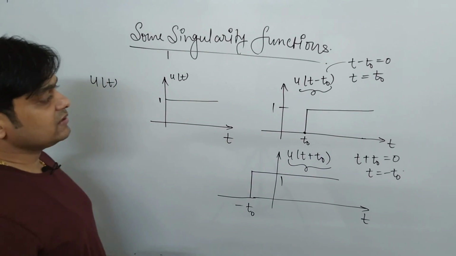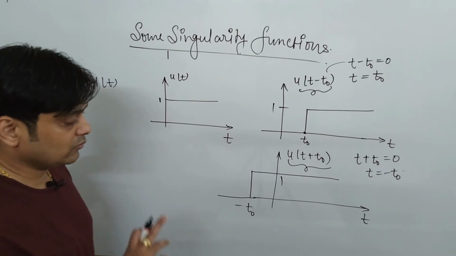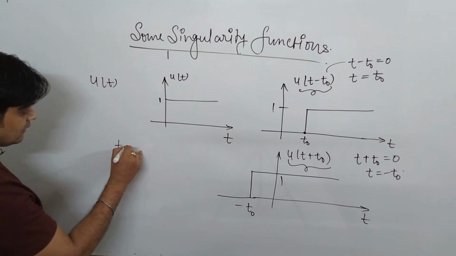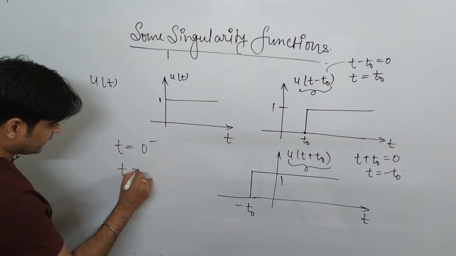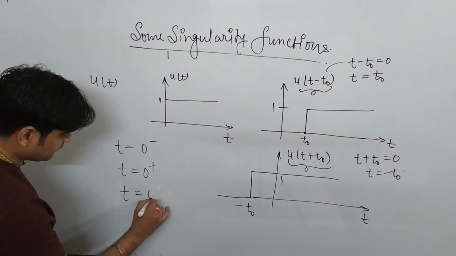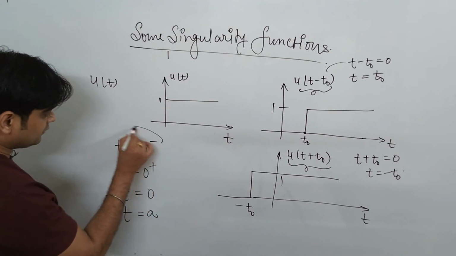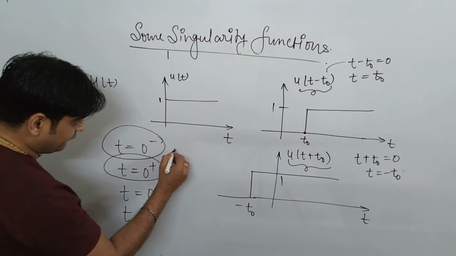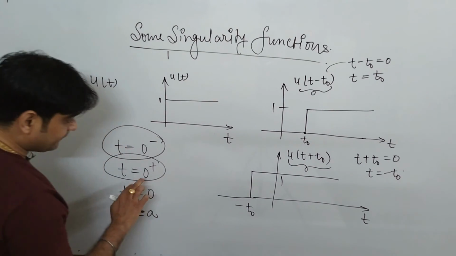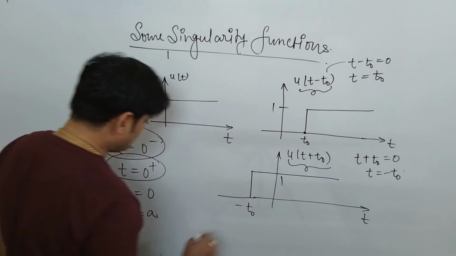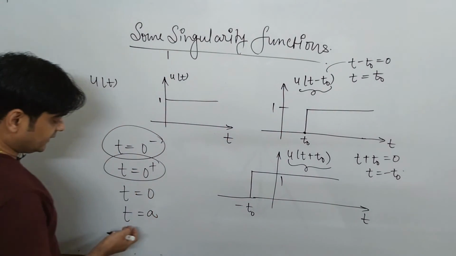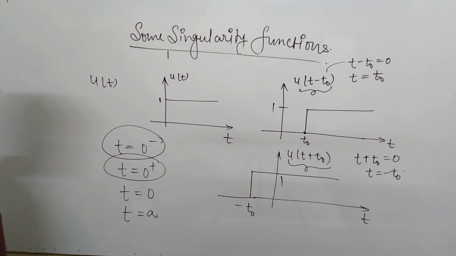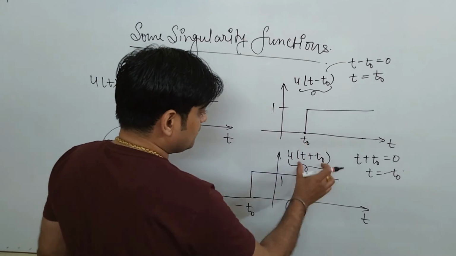And why is this time shift essential in initial conditions, and why are we discussing it here? It is because in initial conditions, as I have already mentioned, we will see t equal to 0 negative, t equal to 0 positive, t equal to 0 and t equal to infinite. So this shows negative time, this shows positive time. Here it is a shift at negative time like this. T equal to 0 plus means shifting towards positive time. T equal to 0 means this instant, and t equal to infinite is when we talk about the final value or steady state value. So that's why we are talking about these time instants.